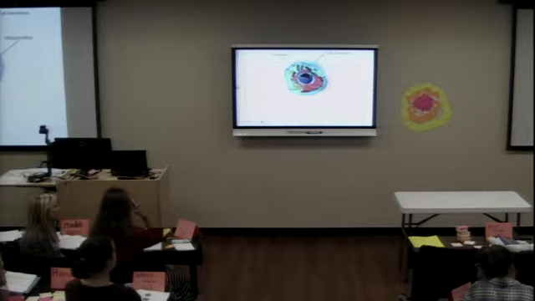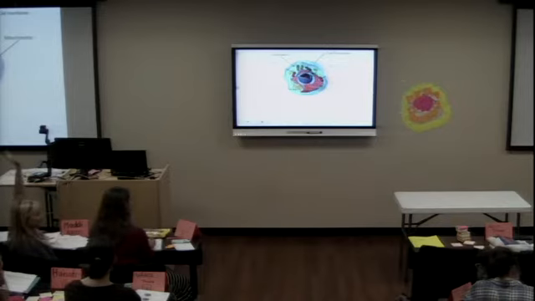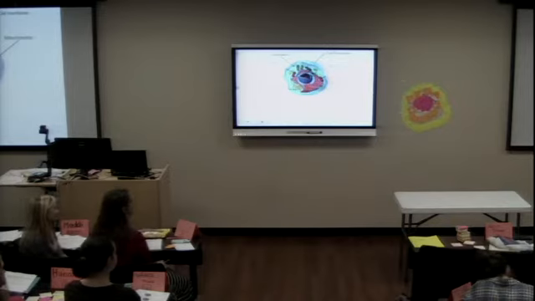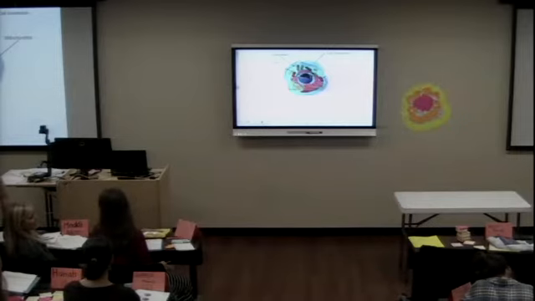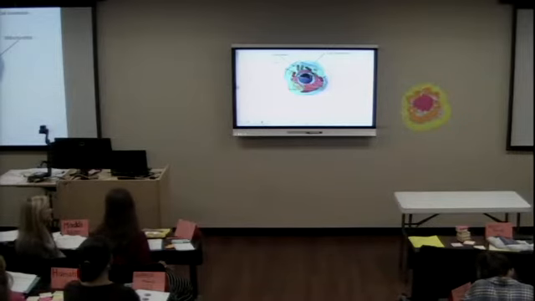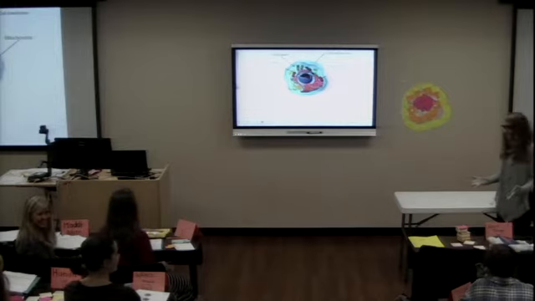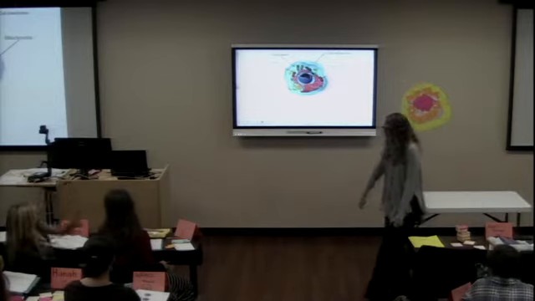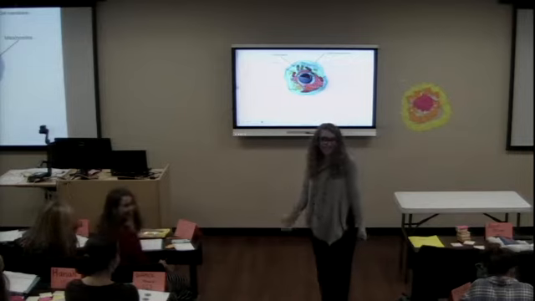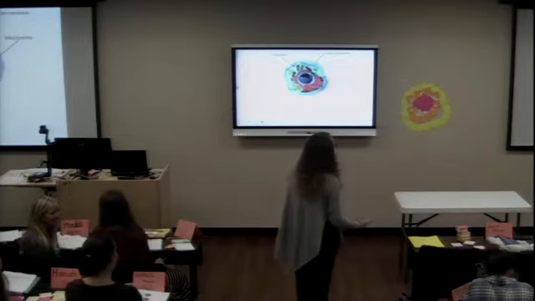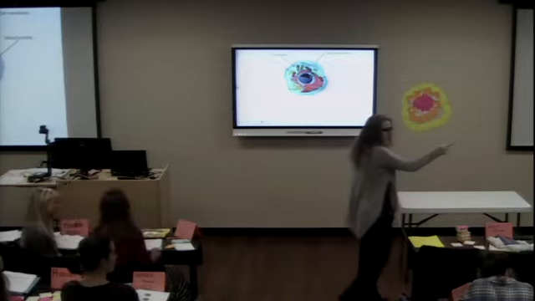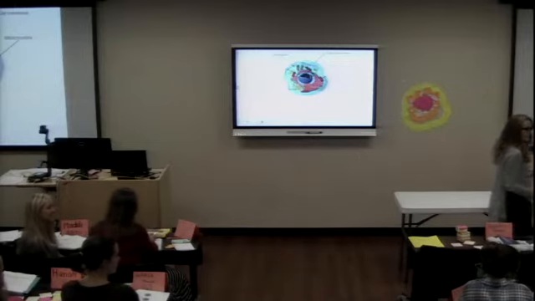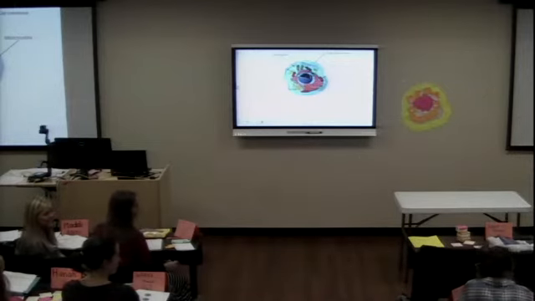Now let's look at this one over here. This one's small, but it's cute. All right, what is this blue thing here for our group over here? Yes. Mitochondria. What does the mitochondria do? Yes, Maddie. Powerhouse. It's the powerhouse. Why is it the powerhouse? Yes, Maddie. It makes energy. Good. Maddie likes cells. All right, let's see. Can we have that group over there point to one of theirs and tell us what it is? Cytoplasm is the light blue that's in the background. Good. And what does the cytoplasm do?